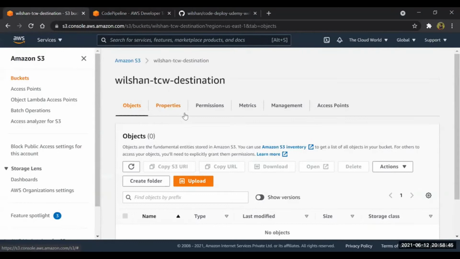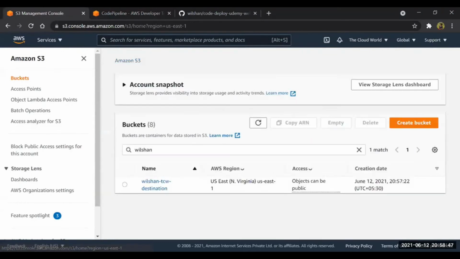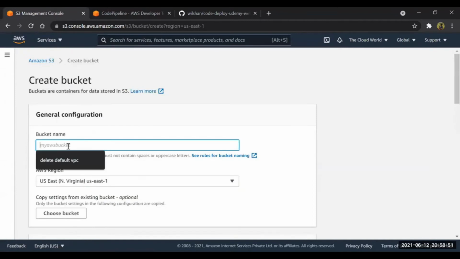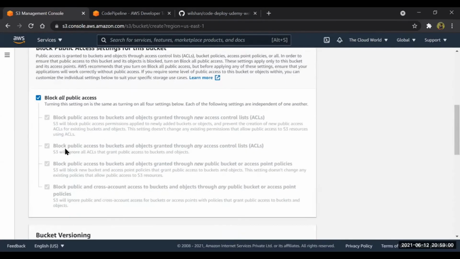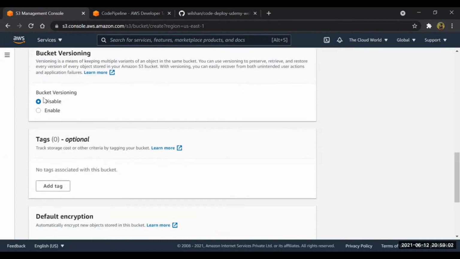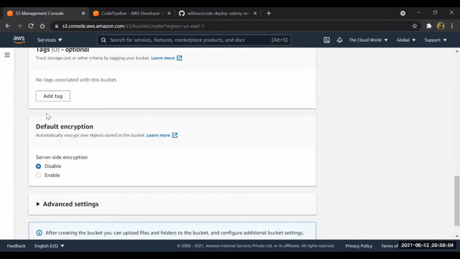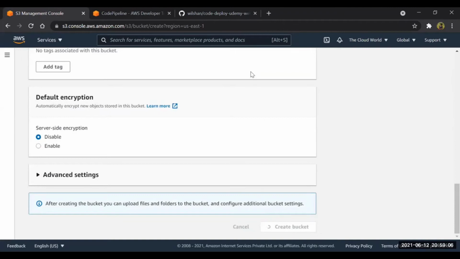Let's create one more bucket. This bucket I'm creating to store my artifacts. Wilson TCW artifacts. Okay. We will block the public access. We'll enable the versioning. Go down and create bucket. Fine.